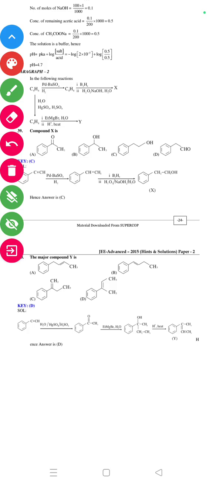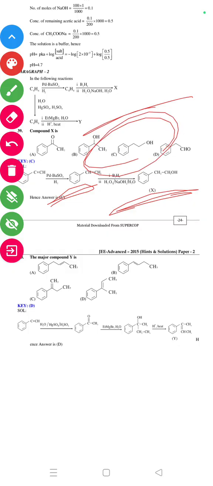B2H6, H2O2 NaOH, H2O तो बनेगा X, तो H2O HgSO4 H2SO4 तो C8H8, EtMgBr H2O H प्लस तो Y बन जाएगा। तो कंपाउंड X कौन सा हो जाएगा, तो आंसर आएगा इसमें Pd/BaSO4 H2 करेंगे तो ये बनेगा, इसमें B2H6 H2O2 NaOH करेंगे तो ये X बनेगा, तो इसका आंसर ऑप्शन सी, ये वाला कंपाउंड आ रहा है। फिर द मेजर कंपाउंड Y कौन सा हो जाएगा? तो इसमें H2O HgSO4 H2SO4 करेंगे तो ये आ रहा है। इसमें EtMgBr करेंगे तो ये कंपाउंड बनेगा। इसमें H+ डालेंगे तो Y बन जाएगा। तो आंसर इसका क्या आ जाएगा? ऑप्शन D, ये वाला आ जाएगा।